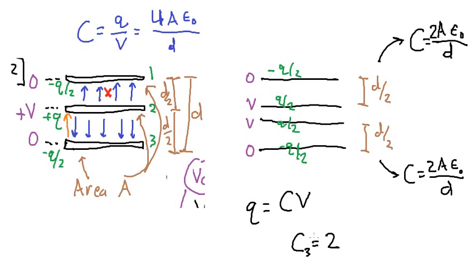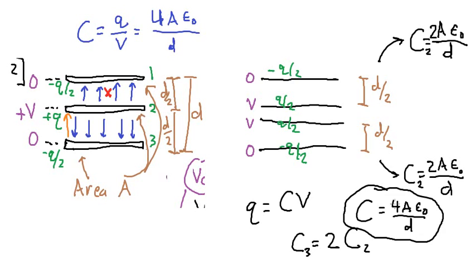Each of these capacitors has a thickness of D over 2, okay? As it happens now, these guys in the middle are both at V, these guys on the outside are both 0. So what you're doing is you're taking this plate here and treating it as 2 different plates. And then this is a capacitor that gets negative Q over 2, and this one has Q over 2, this one has Q over 2, and this one has negative Q over 2. And what you get is then you've got each of these has a capacitance